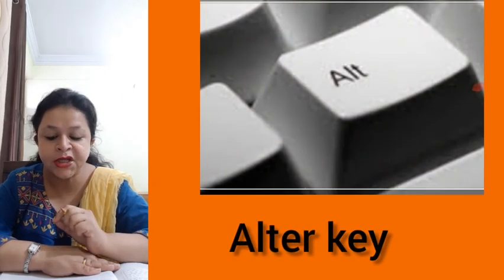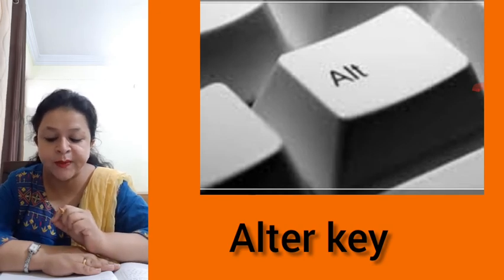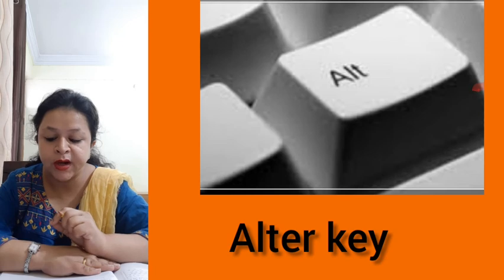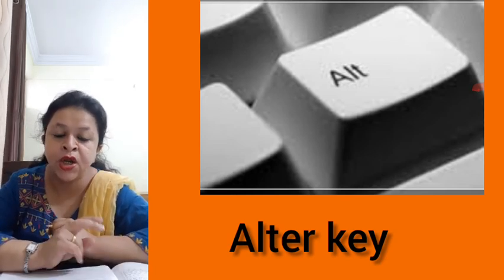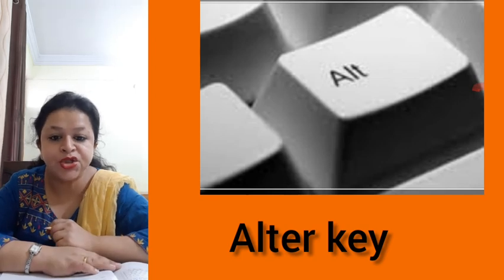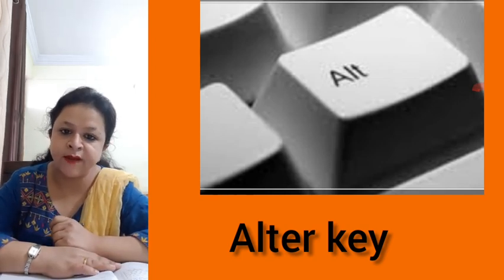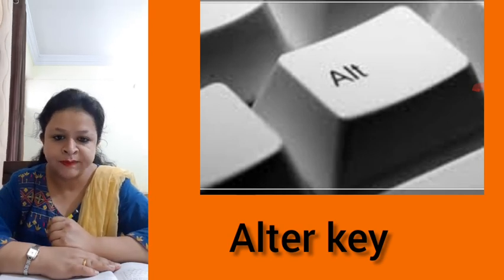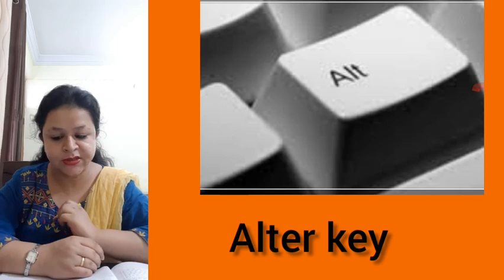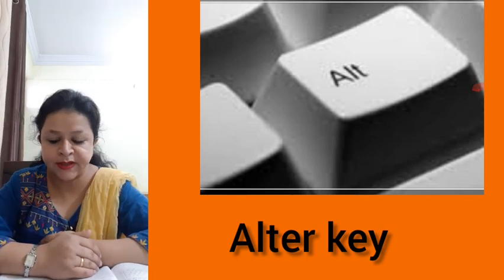Okay, now the next one is the Alt key. The Alt key is used to change or alternate the function of other pressed keys on the keyboard. There are two Alt keys on the keyboard. How many Alt keys are there? Two keys, and it is used to change. When your suit or dress gets spoiled, you send it to alter it, you send it to change it. In the same way, if you have done some operation and want to change it, you can press the Alt key.